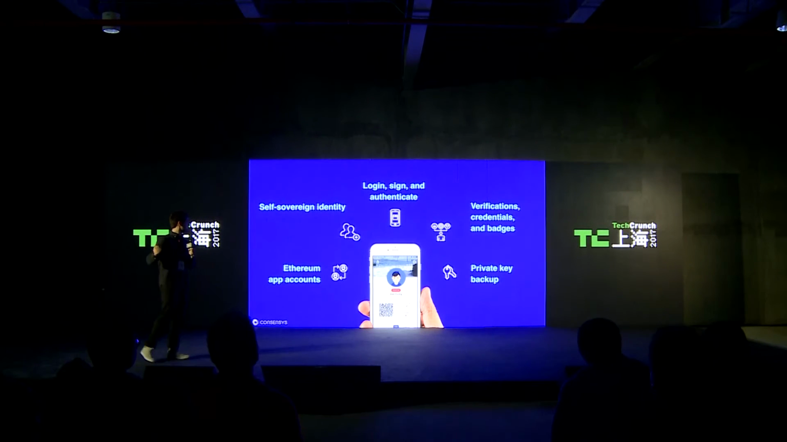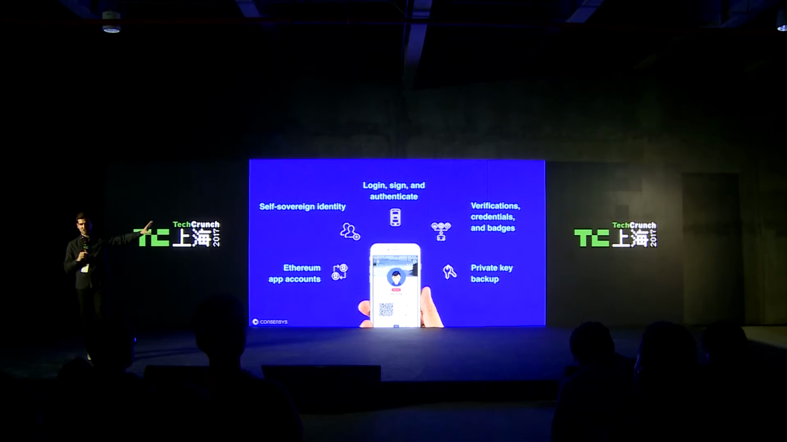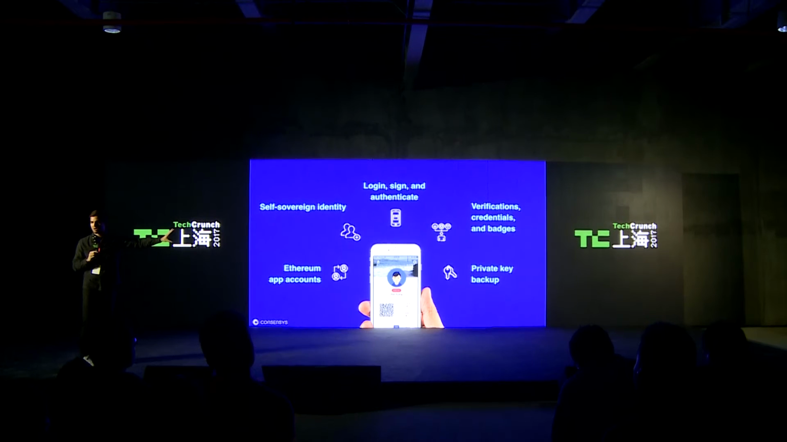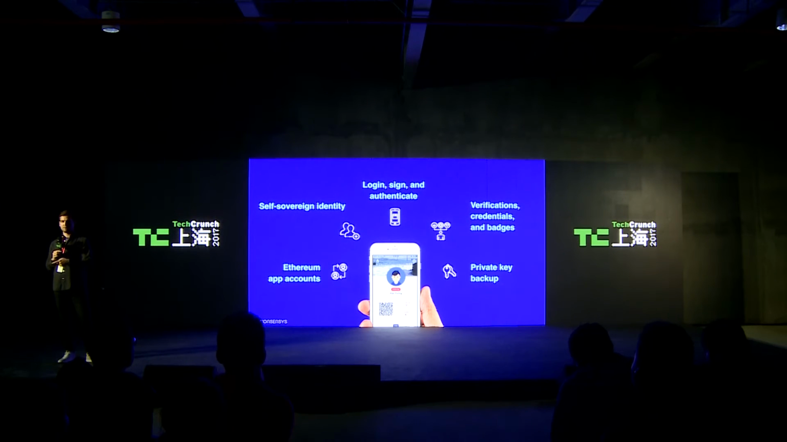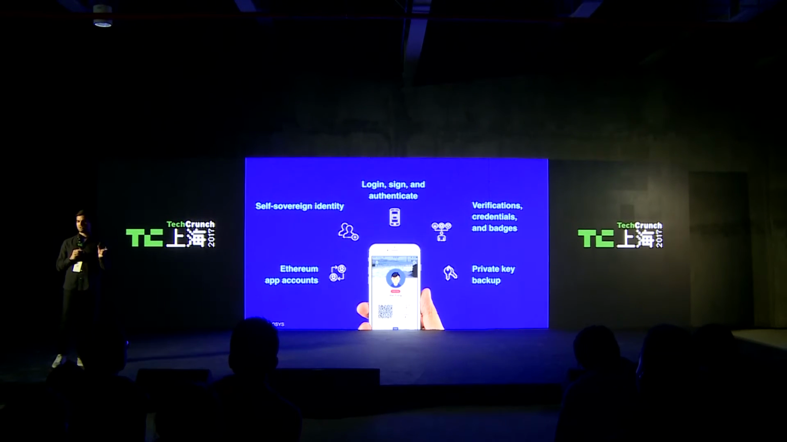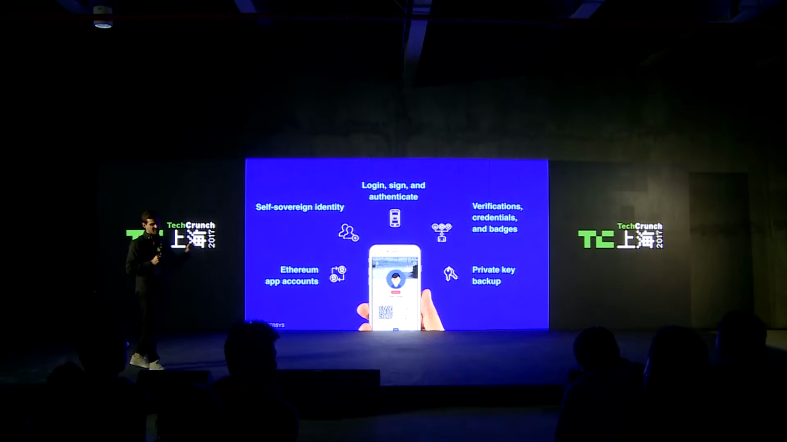And so here, an overview of some functionality. On the left, we have self-sovereign identity, which you can think of as an abstract identifier on the public Ethereum network. It's controlled by a private key on the phone. Ethereum app account, so every single app I want to use has its own unique account that is attributed to my identity. And the reason why we do that is getting back to the three challenges that Ethereum has: scalability,